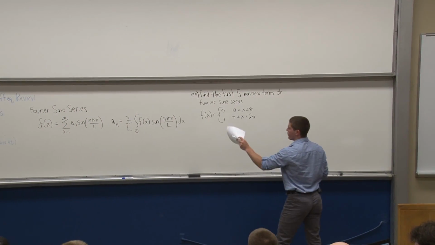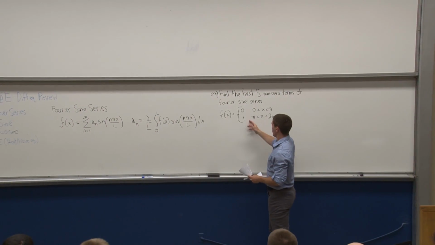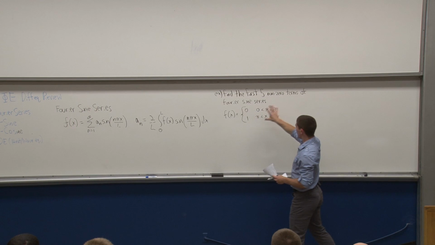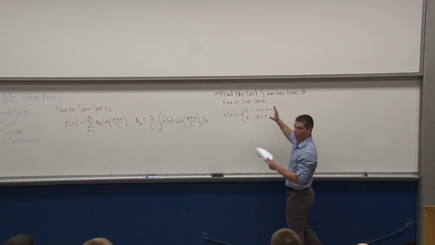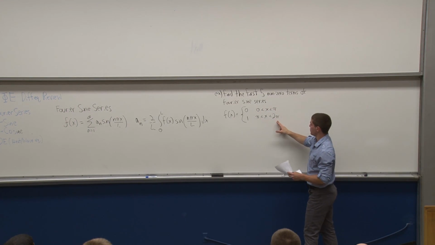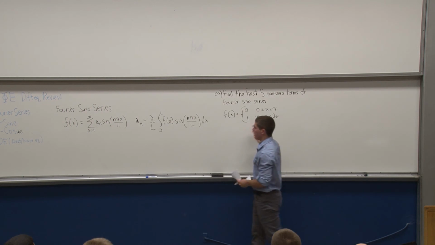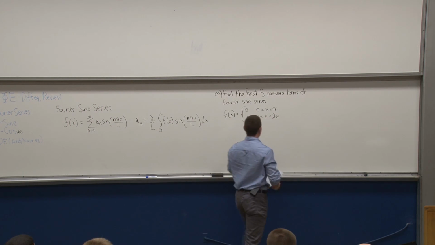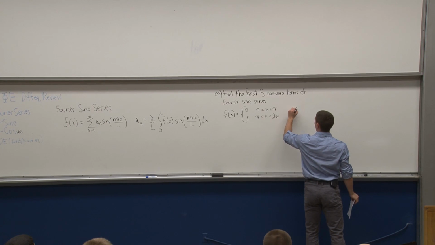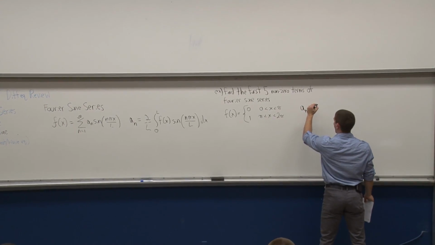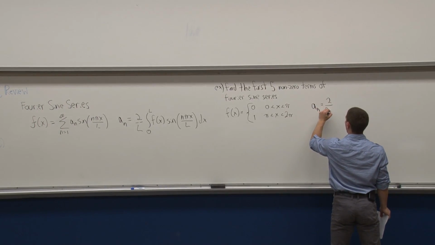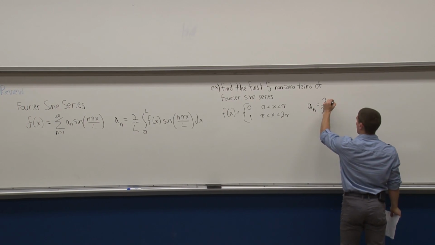Okay, so the first thing to do is we need to find our L value, right? So the entire L value is going to be, where does this whole function go from? It goes from 0 to 2 pi. So that means the length of the entire function is going to be 2 pi. So L is equal to 2 pi. So we can start writing this term, this a n term, as 2 over 2 pi, so basically 1 over pi,